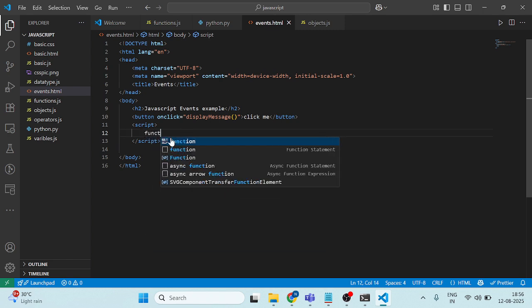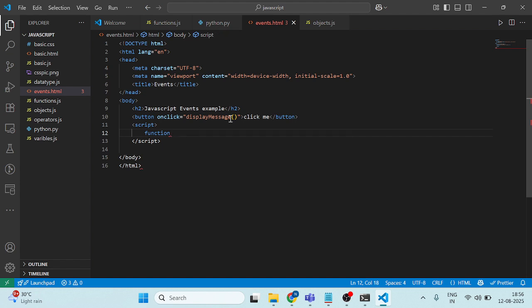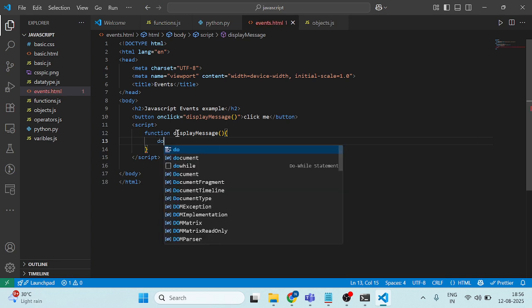In this script we need to write some logic using a function. So here I am going to use a named function. The function name I have given is displayMessage. After that I want to write some logic here. So document